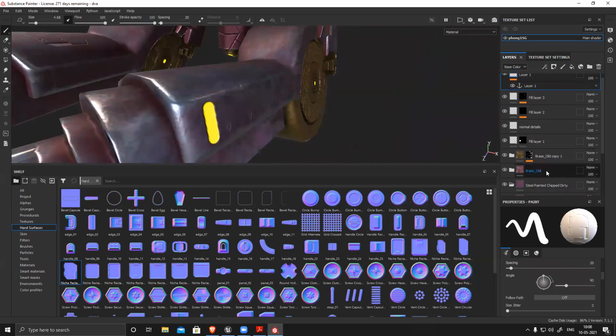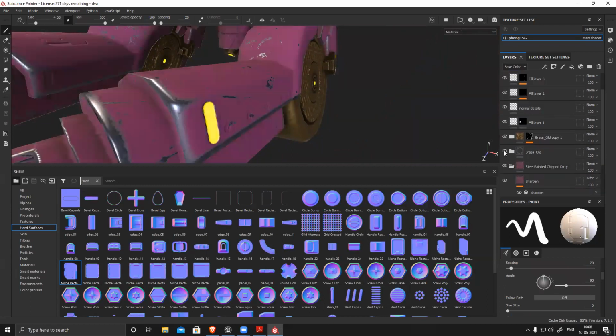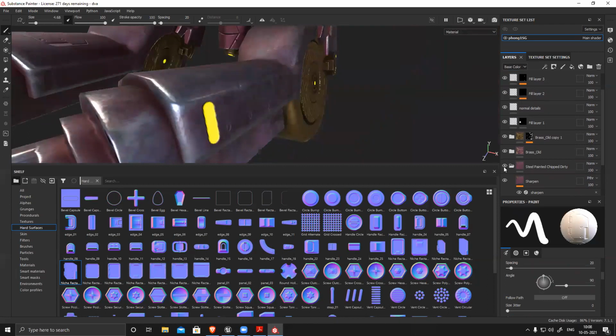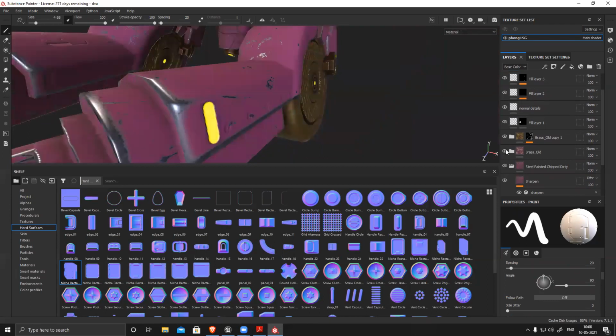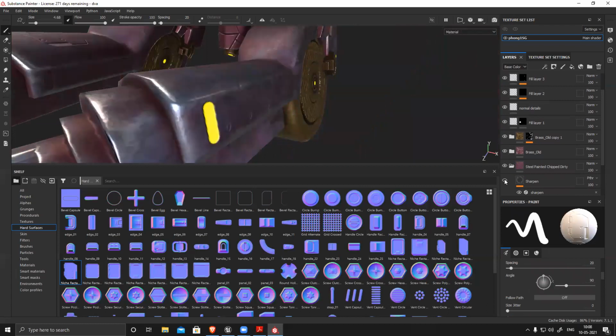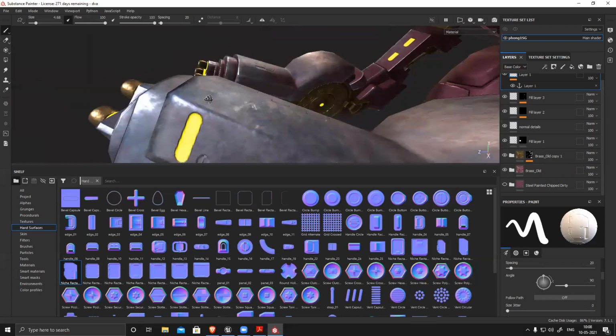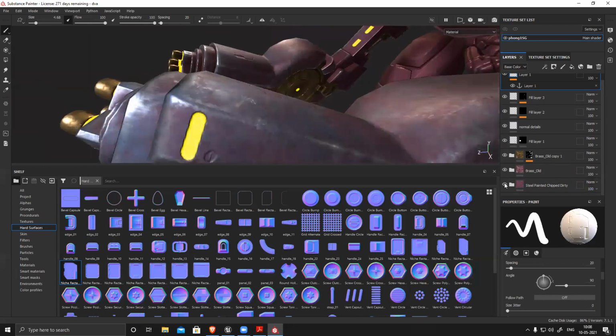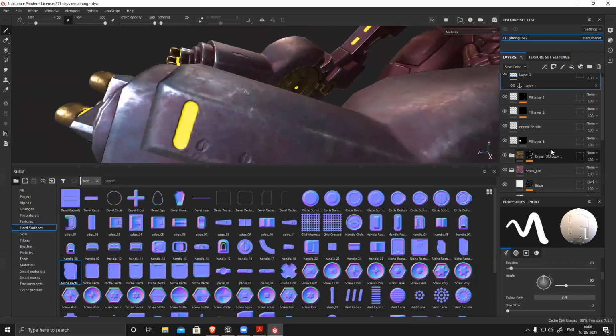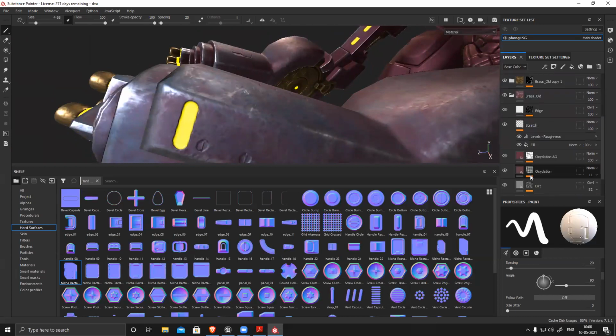It's part of, I believe, if I switch off, it's part of this old brass. So I'll open the layer and check from where it's getting all this corner edge wear.